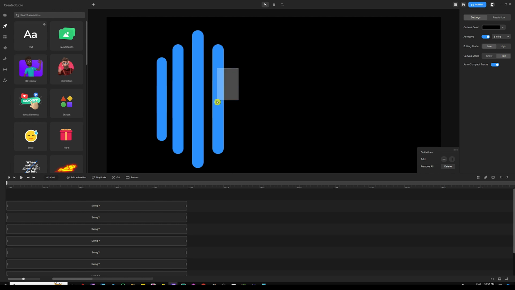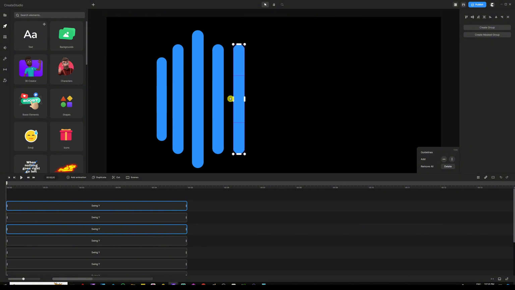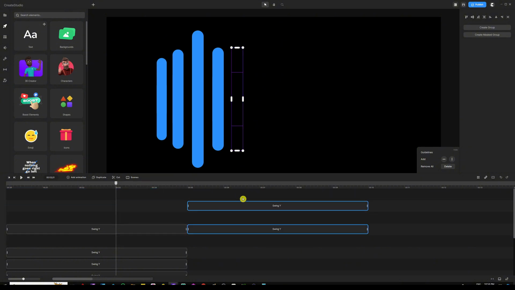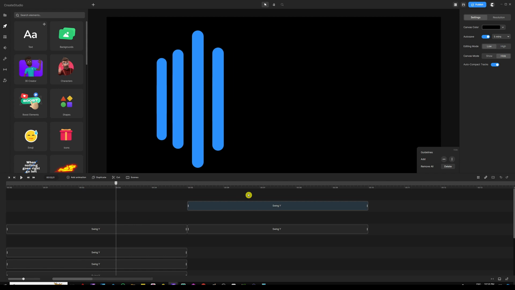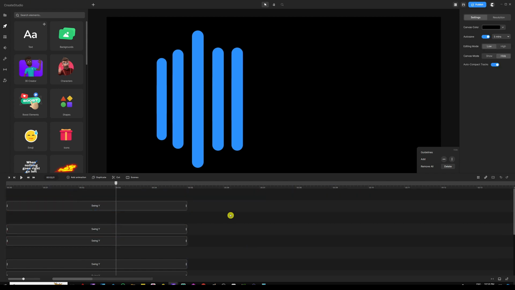So again, I'm going to select both on the canvas by highlighting the two rectangles right there. I'm going to hit Control D to make a duplicate and simply drag these guys right next to the fourth one right there. And then I'm going to drag these guys above the timeline. Let's select them, and then we're going to drag them above the timeline. Again, they do the same thing by going to the right next to it for some reason. Let's just bring them back again right there, and then we can hit Control Delete to delete the empty tracks,